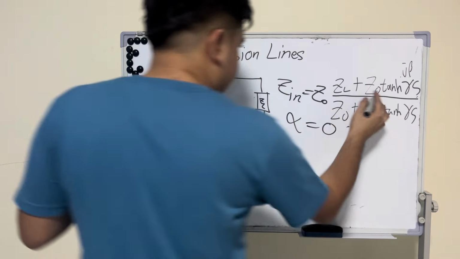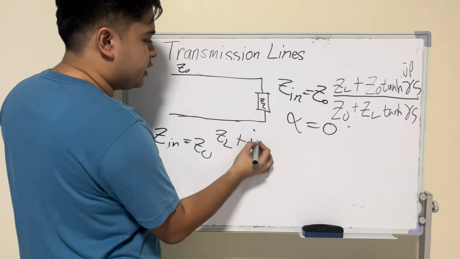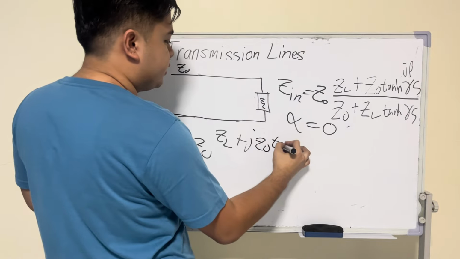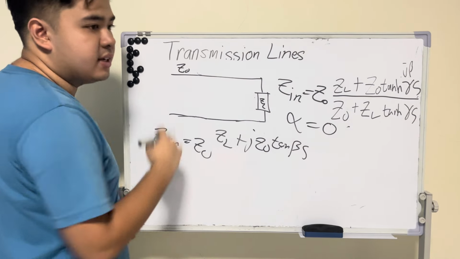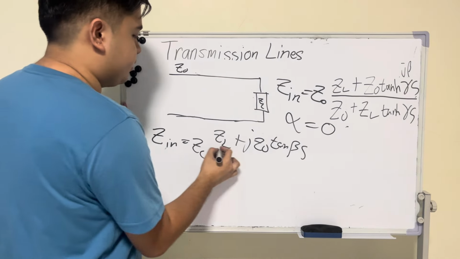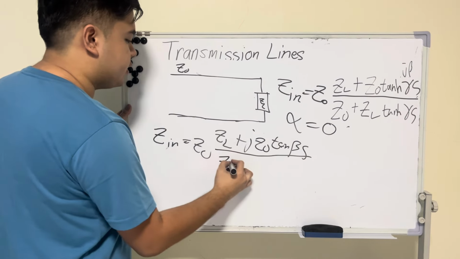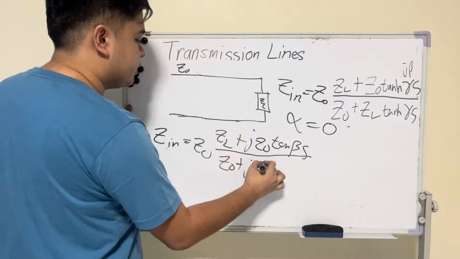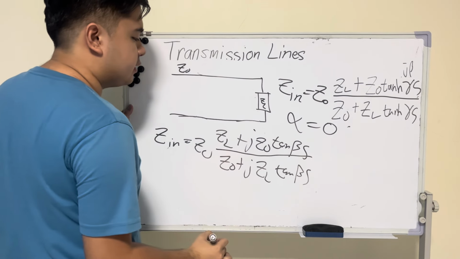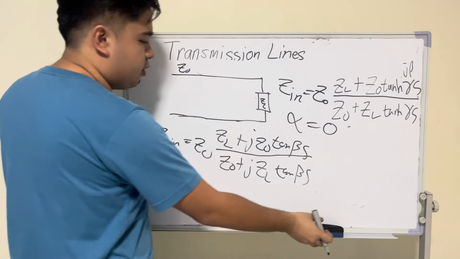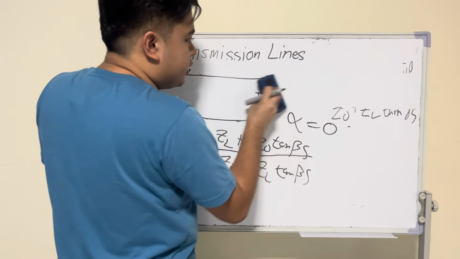So j times ZO tangent of beta S. Remember, beta S is the angular distance. So that's good. Over ZO plus j ZL tangent beta S. There we go. That is the formula for the input impedance